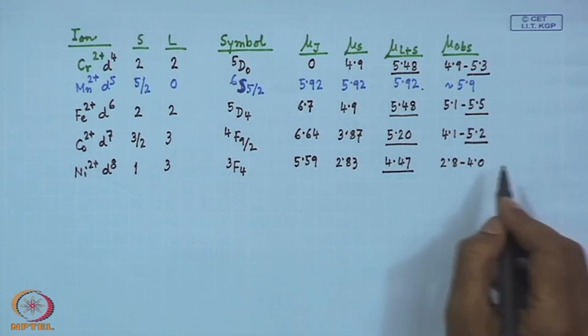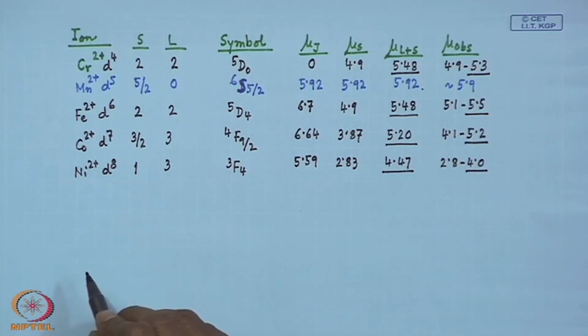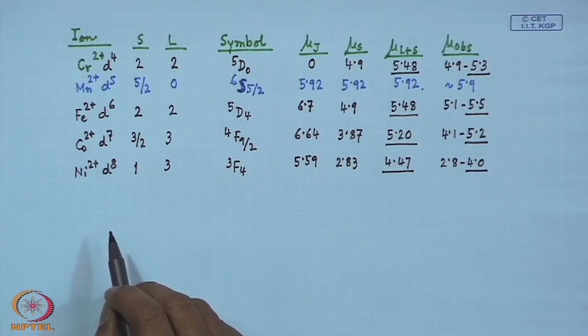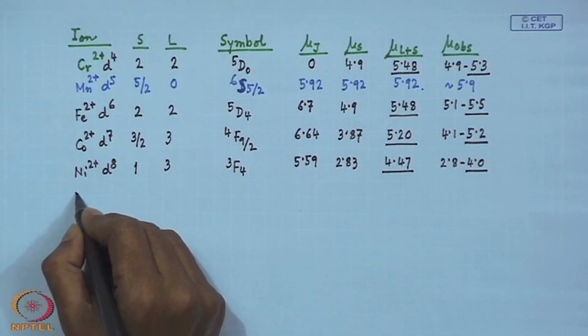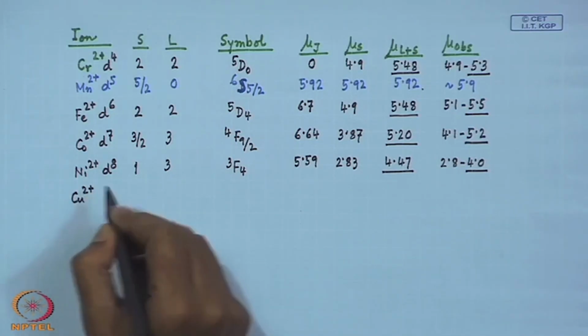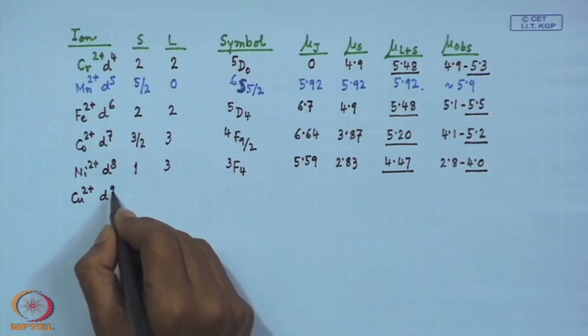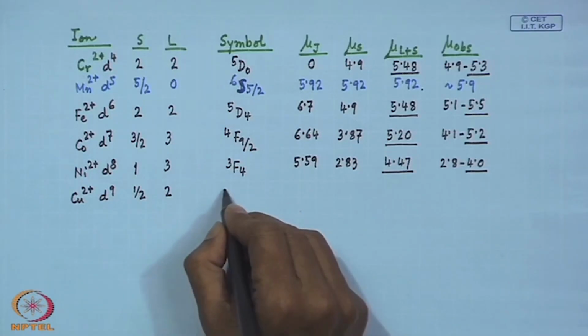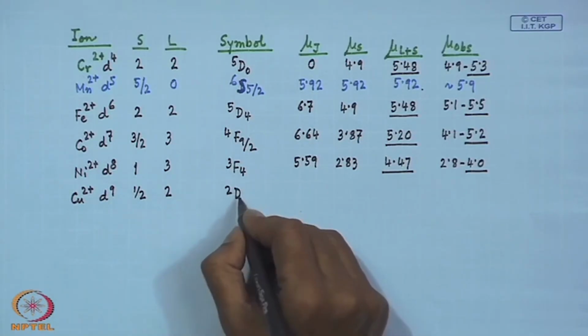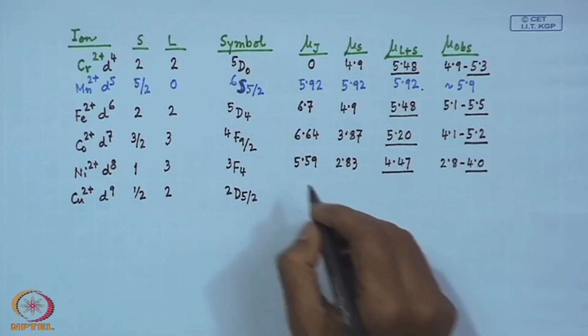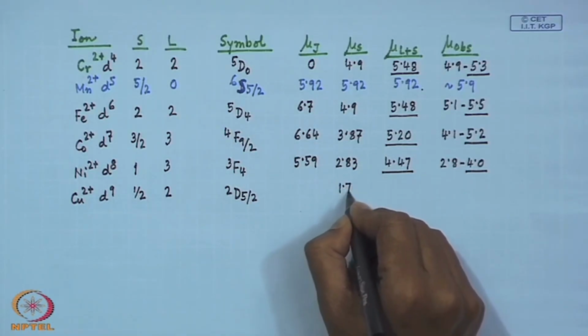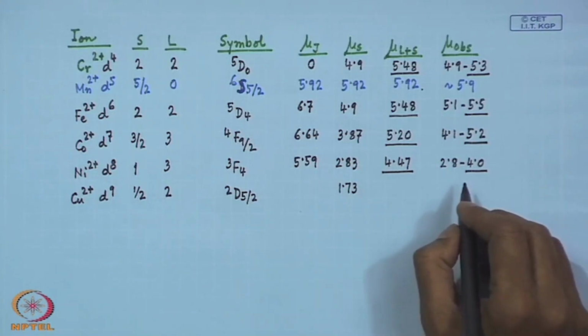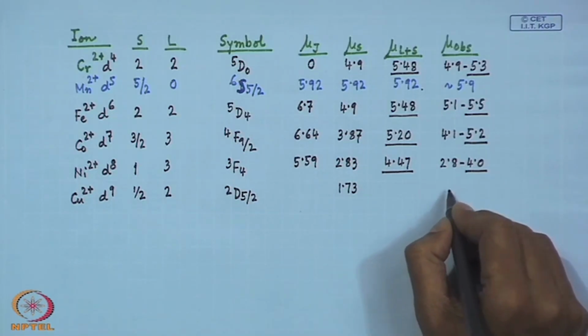So, again it is justifying the corresponding higher magnitude of the observed magnetic moment value in terms of the corresponding mu L plus S equation. So, the next one is copper 2 plus, which is a 3d9 system having 1 unpaired electron, L value equal to 2, and the term value is again returning back to the D term. So, 2D 5/2 with 1 unpaired electron, the spin only calculation gives us 1.73 Bohr magneton, but the experimental value is changing from